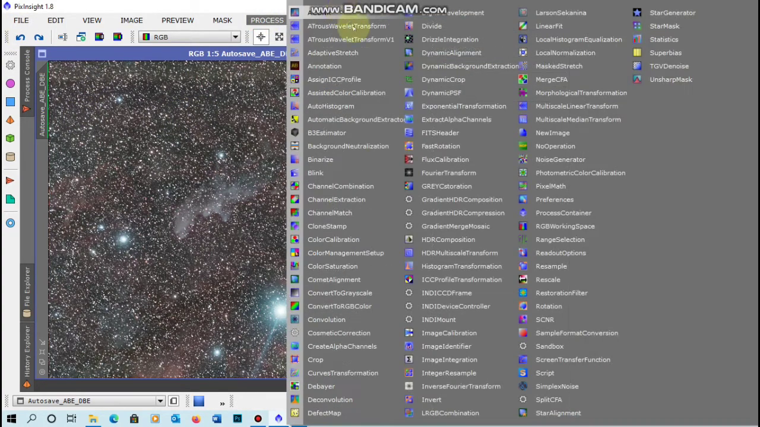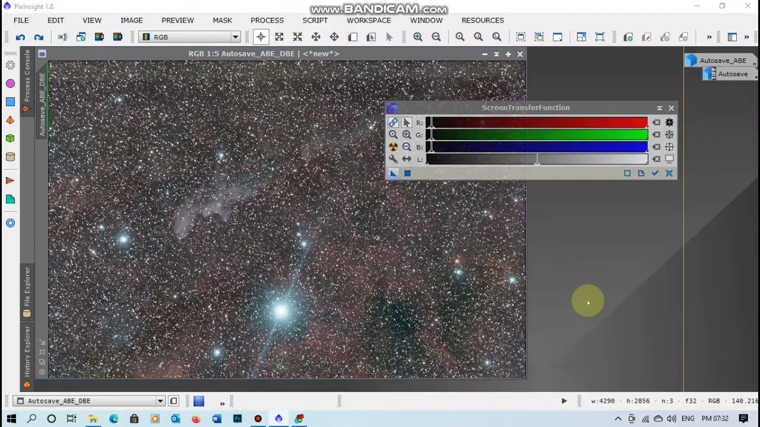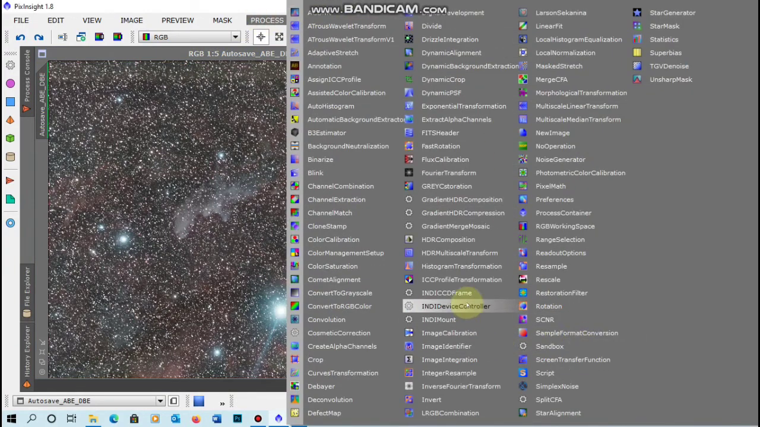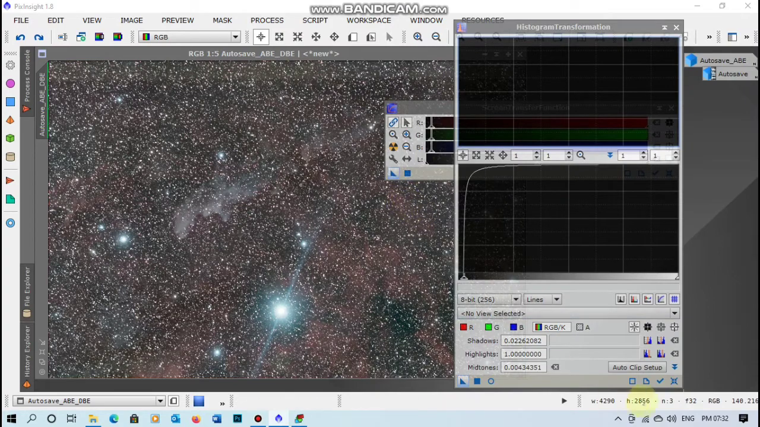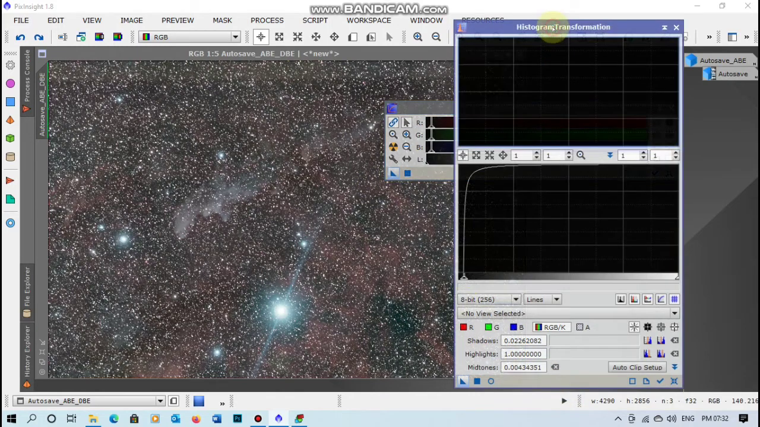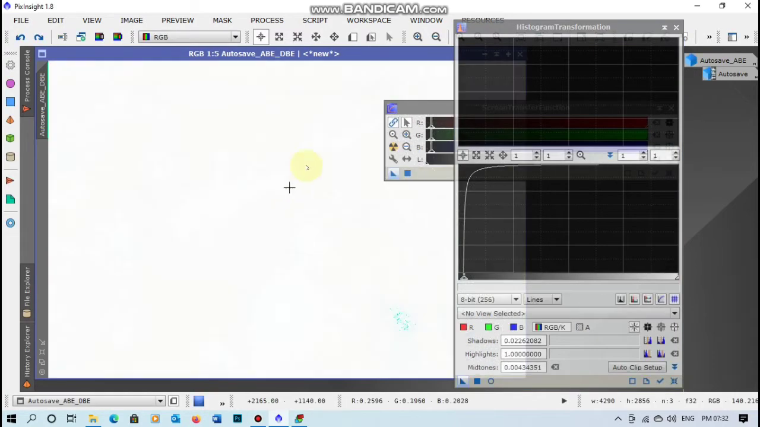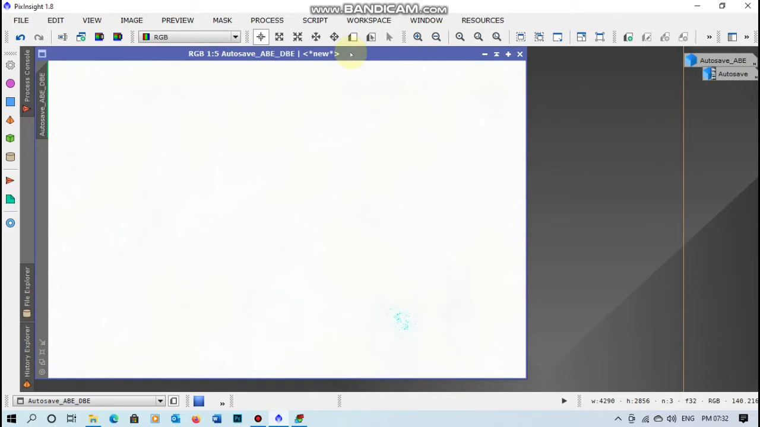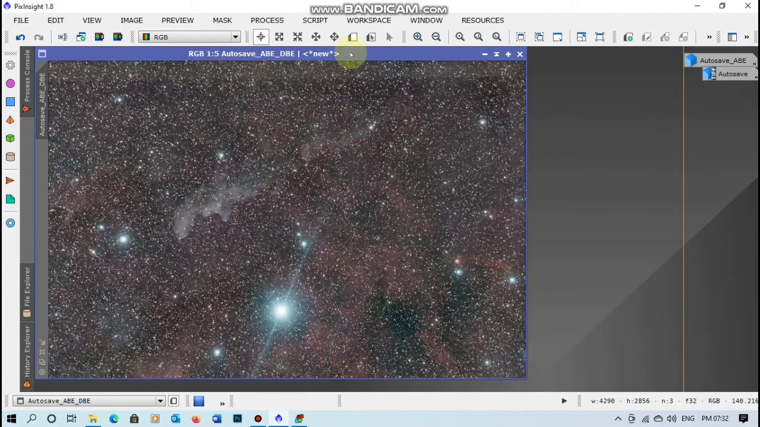So next what we're gonna do is open the screen transfer function and then open the histogram transformation and just drag the triangle from screen transfer function to histogram transformation. You can see the histogram changes and then just drag this triangle onto the image. Then you can close this, and after this click on the image and just press F12. So now you see